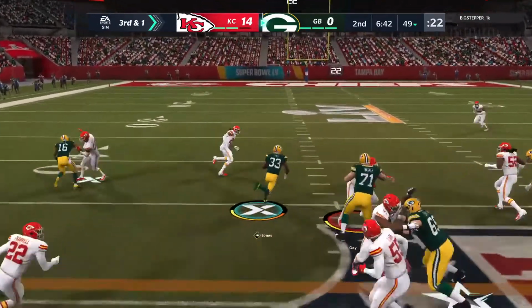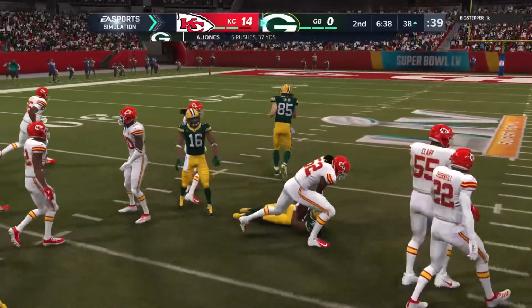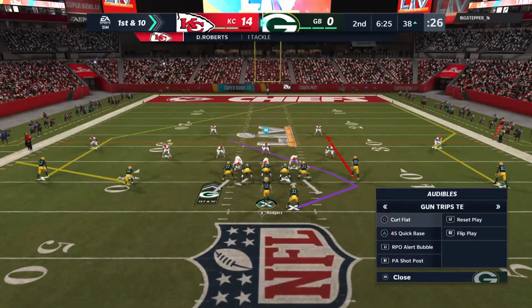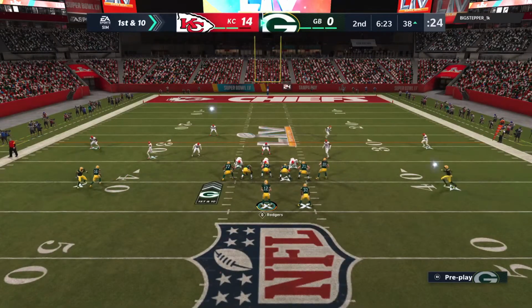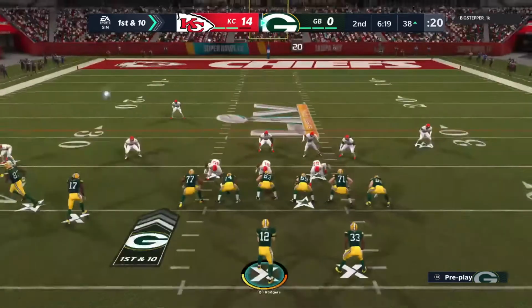They'll try and run for it with Jones. And they'll get him down as he's inside the 40. It's a gain of 12, and the Packers have the first. So now 1st and 10 in Chiefs territory at the 38. At the 38-yard